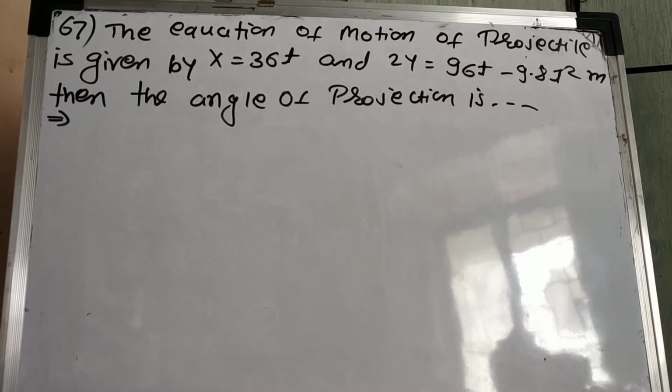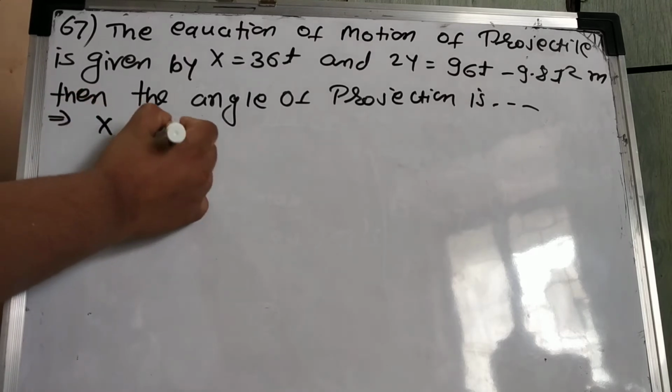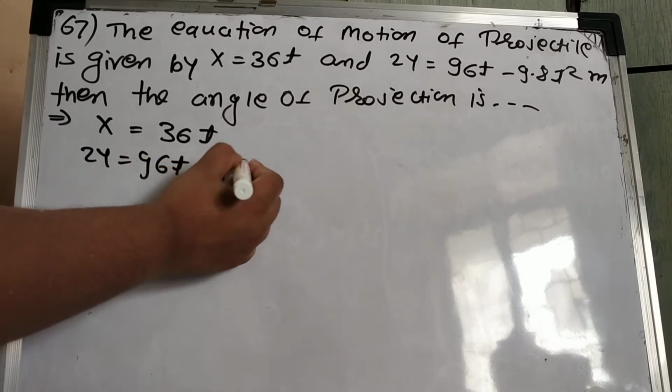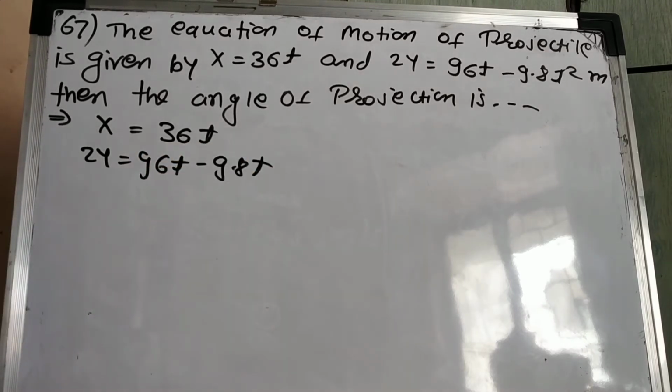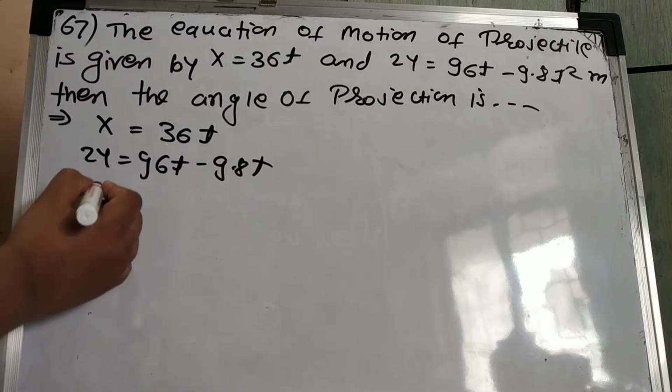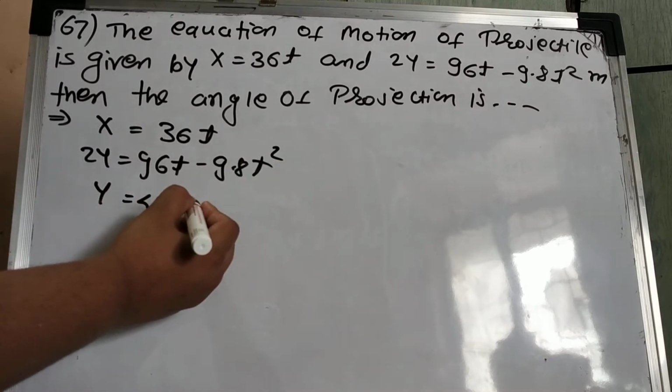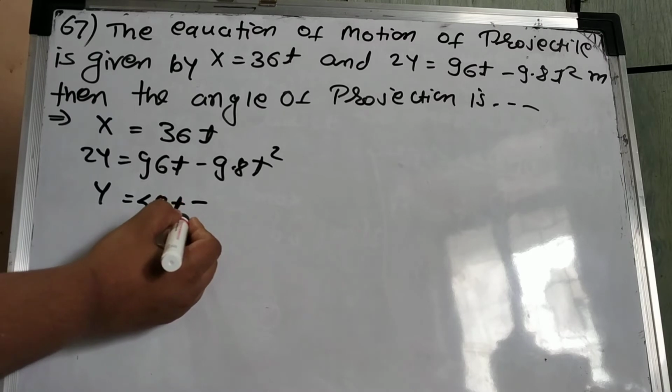Okay, take the next question. Question number 67. The equation of motion of the projectile is given by x is equal to 36t and 2y is equal to 96t minus 9.8 t square meter, then the angle of projection is. Okay, that means equations are given to you: x is equal to 36t and 2y is equal to 96t minus 9.8 t square. This can be converted into y is equal to how much? 48t minus